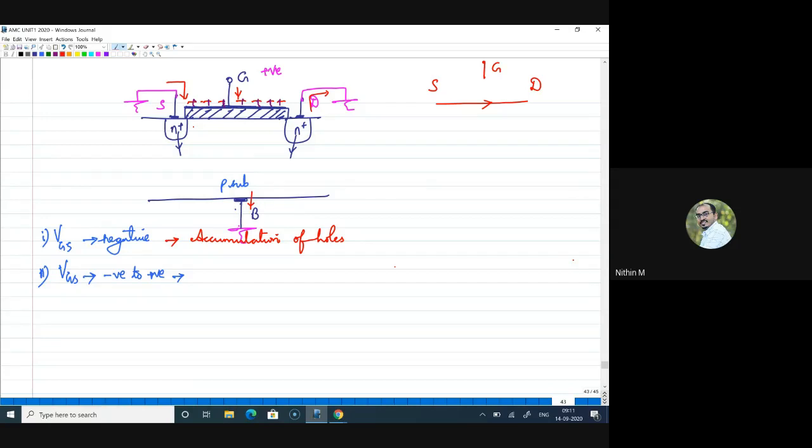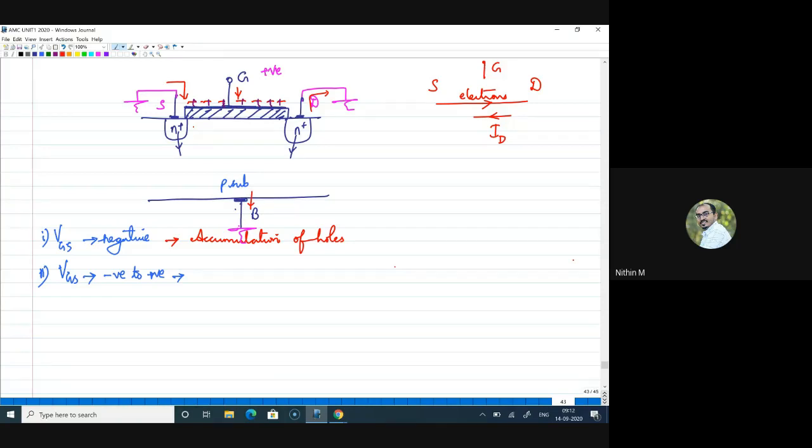Right? So in the case where you have an n-plus material, definitely the charge carriers flowing from source to drain will be electrons. Now the current direction, as we told, for historical reasons we mark as opposite. So this is the current direction, and we mark this current as I, or more accurately ID, showing the drain current. We call this the drain current rather than a source current. So this is the picture.